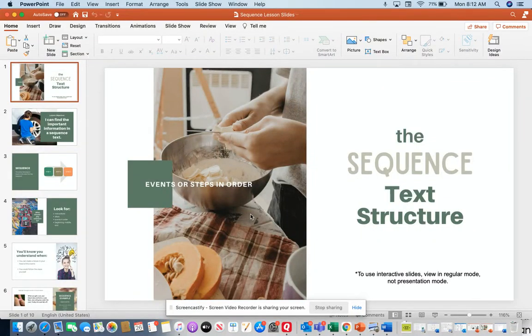Hey guys, this week we are going to be talking about nonfiction text structure. This is the way that our nonfiction text is set up to read. So we're going to understand the different types of text structure. We're going to look at a PowerPoint during our